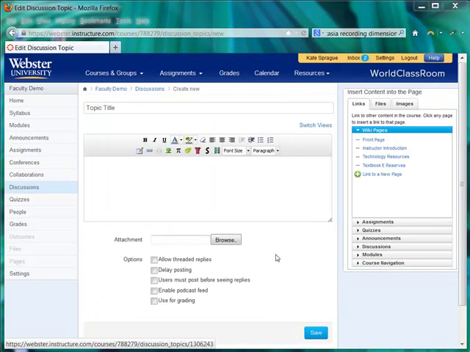There are several options within the discussions that you might want to think about as you're either editing or creating a new discussion. The first box is to allow threaded replies. If you don't allow threaded replies, your discussion will end up being very similar to a blog, where it will be just one reply on top of another and no students responding actually to other particular students. So if you check the box for allow threaded replies, your discussion topics will end up being very similar to what you experienced in Vista, so that students can reply not only to your topic but also to the responses